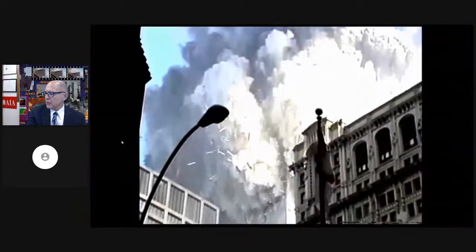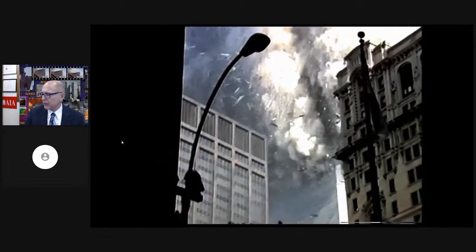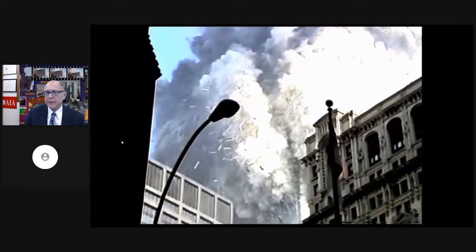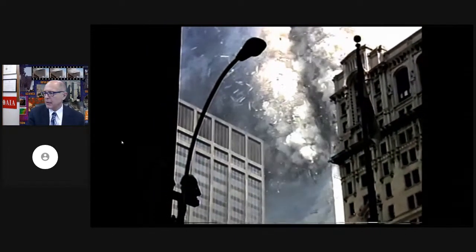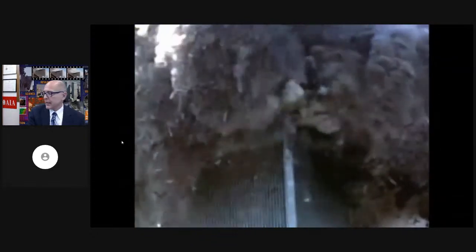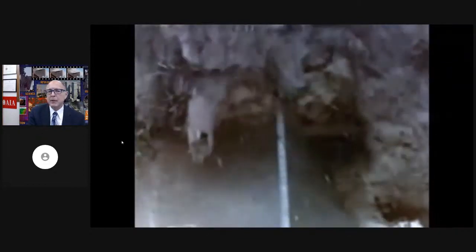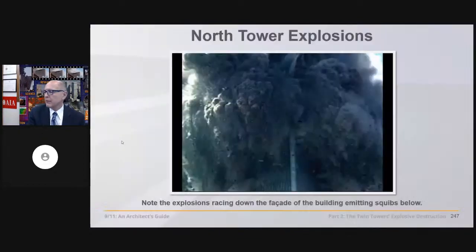Zoom in to this corner. What are we looking at? A collapsing building, which is supposed to be 20 stories up above here, or a series of hundreds of explosions right in front of our eyes. Looking at the lower right, which is the same corner we were just looking at from a different angle. It's rapidly advancing these explosions down the corner of the building almost as fast as the freely falling debris. Almost free fall acceleration.